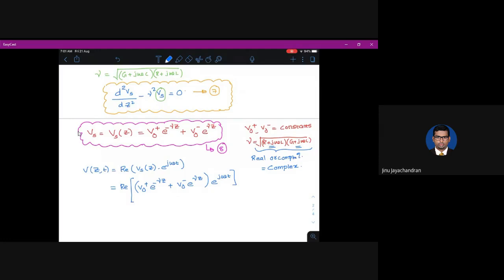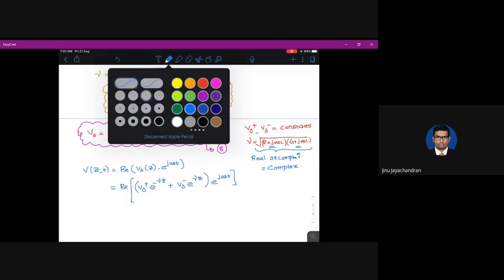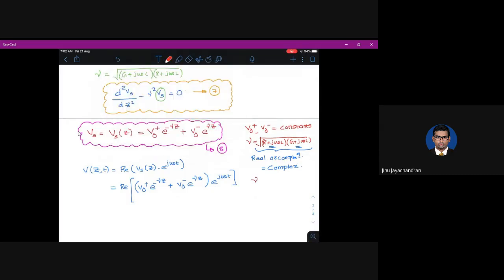So any complex value you can write in terms of imaginary and real value. So I am writing gamma as alpha plus j beta, because gamma is some kind of complex value. For example, gamma will be like 1 plus 2j or something like that, and I say alpha is 1 and beta is 2. So I can always write any complex value as some alpha plus j beta. So I'm going to substitute that in this equation.